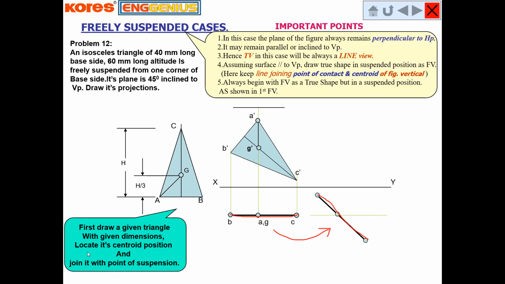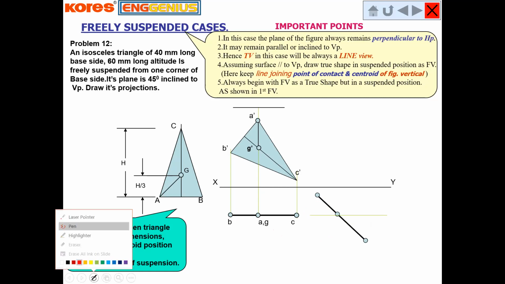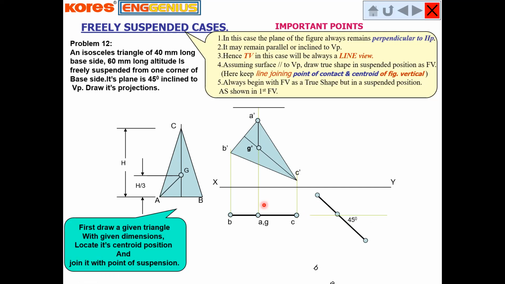After that, we need to take the vertical projection from each and every point in the upward direction, and the horizontal projection from the previous front view. Find the adjacent point: the projection coming from A and A dash will give us the new location for point A dash. Similarly, B and B dash, C and C dash, G and G dash will give us the new locations for the points. Join them with each other, A to B, B to C, C to A. So this will be the final front view.